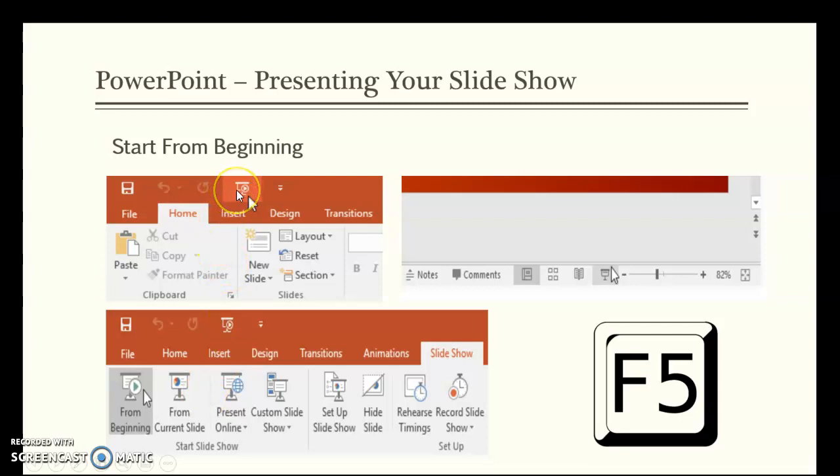Just as the button here in the quick access toolbar, down in your status bar next to the normal view, sorter view, reading view, there is a slideshow view, so you could click it right from here. Or the function key F5, pressing the F5 function key, that'll automatically start